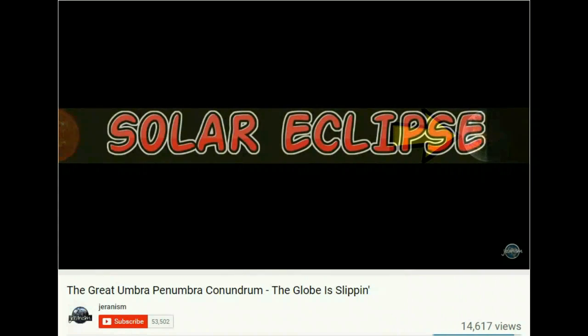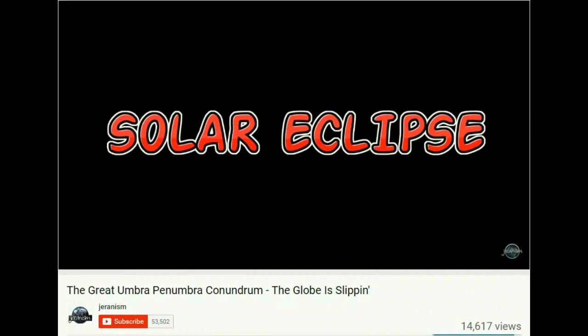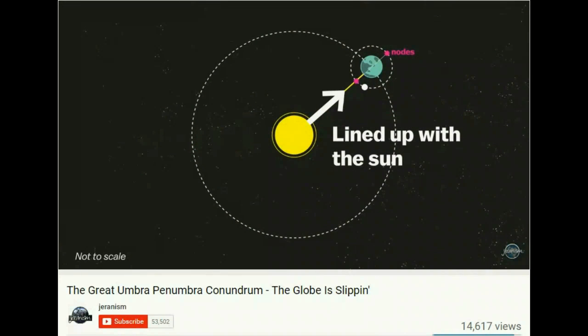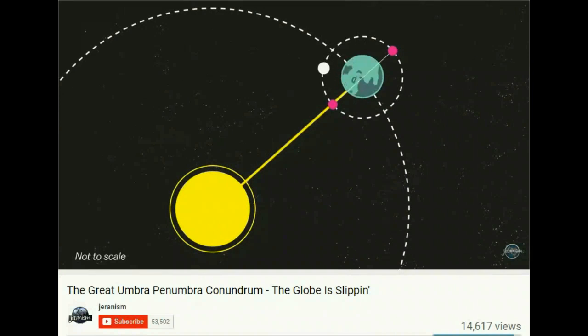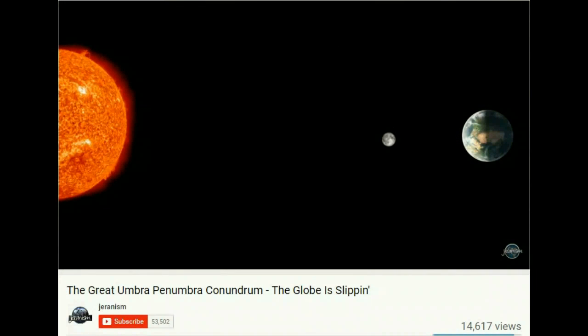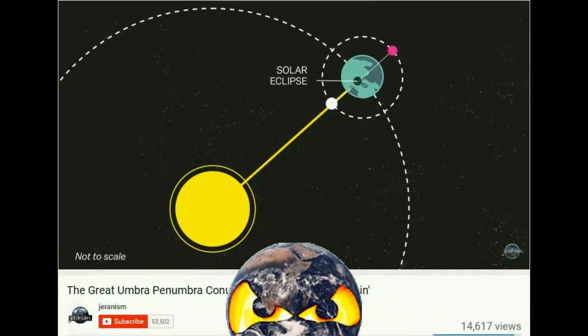Now we're going to look at a solar eclipse, and that's when the moon is in orbit and it blocks the sun, or when it's on the backside of the Earth, and they say that at that time the Earth blocks the light, and then that's why we see a lunar eclipse. So that's the accepted beliefs and the accepted model. Yes, we all know how the solar eclipse and the lunar eclipse work, something which Flat Earth has yet to conclusively explain on any of their models.